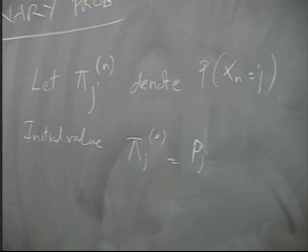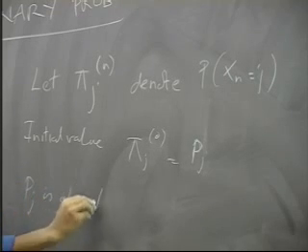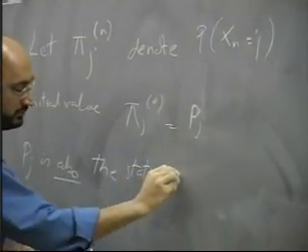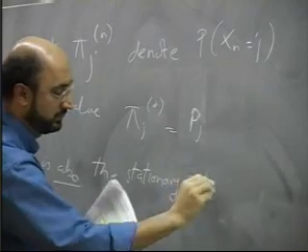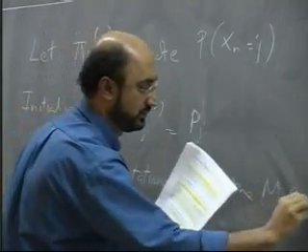So I'm removing the 0 over here. We'll say that p j is also the stationary probability of the Markov chain if